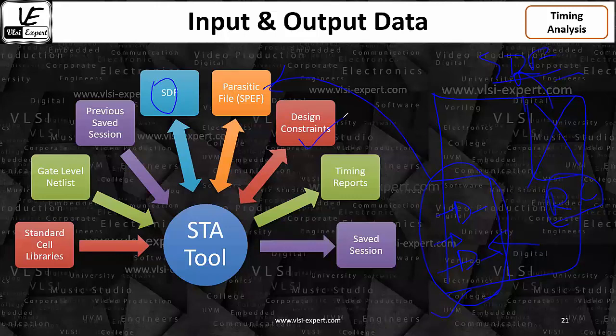Now the design constraint. So if you remember, I mentioned one thing, this is an analysis tool, but sometimes we suggest certain changes to the designer. Now it is on the designer whether they want to use those changes or not. So if that is the case, this design constraint related thing comes into the picture.